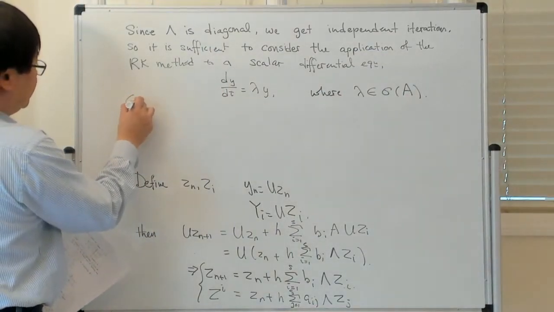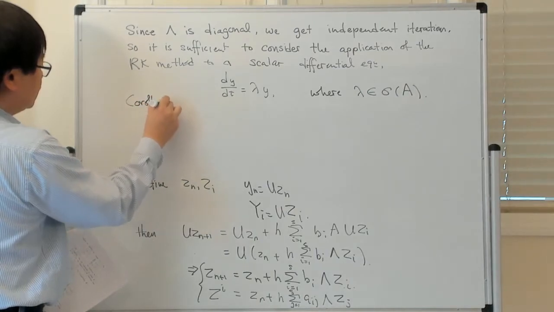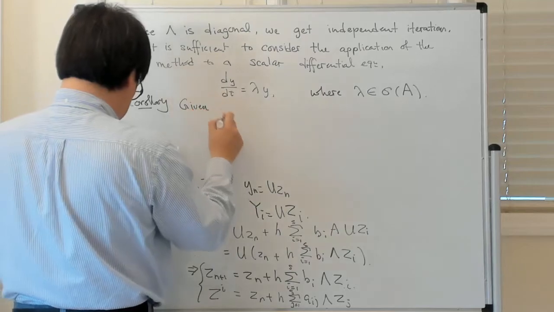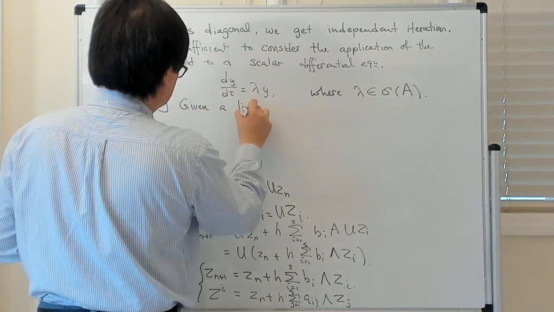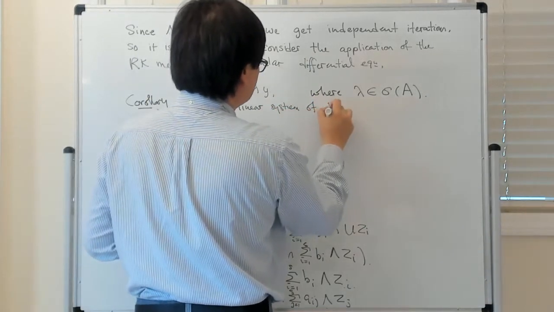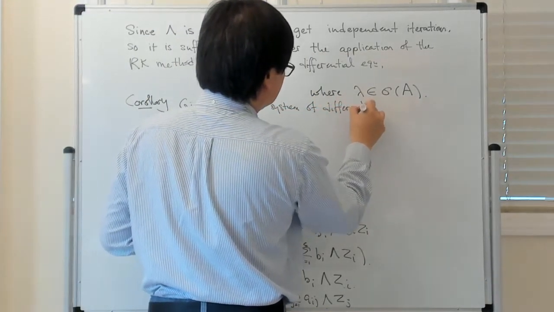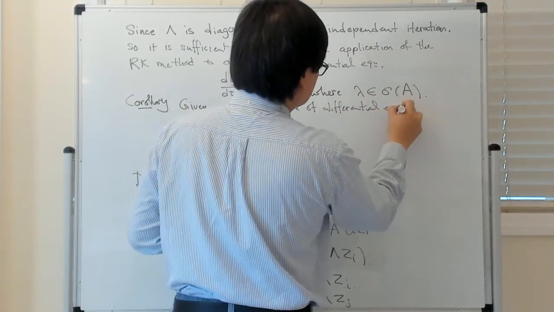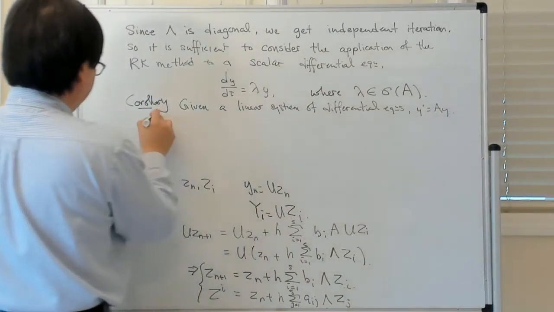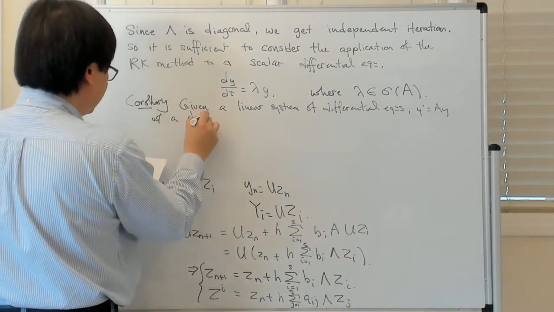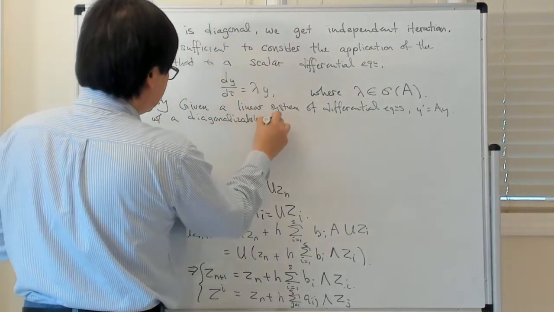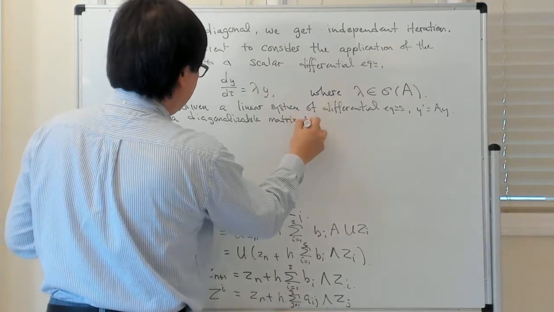Okay, and then the corollary of this is that given a linear system of differential equations, y prime equals A y, with a diagonalizable matrix A,